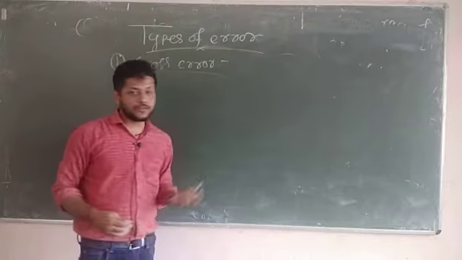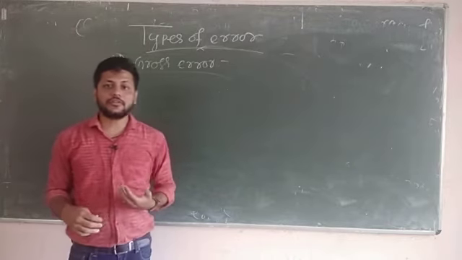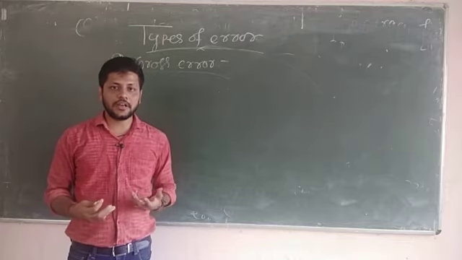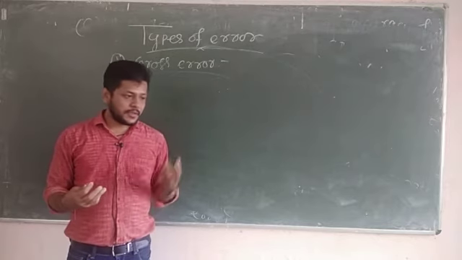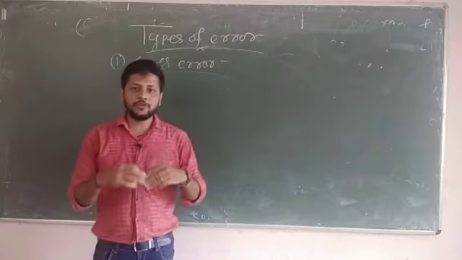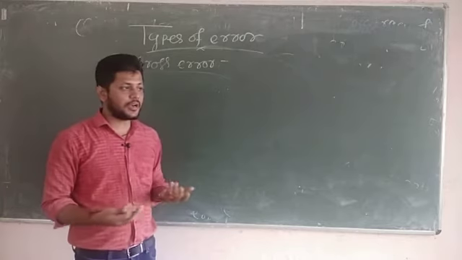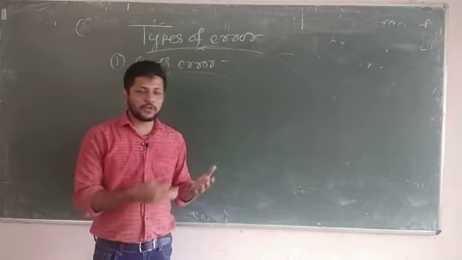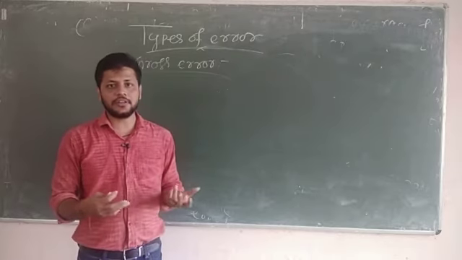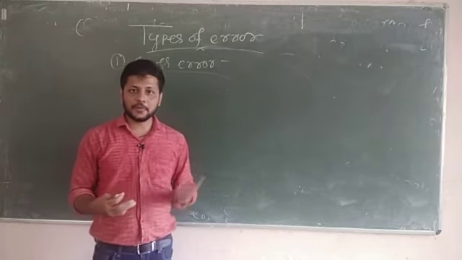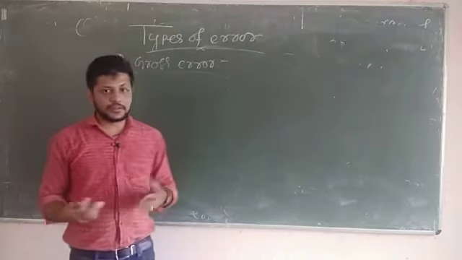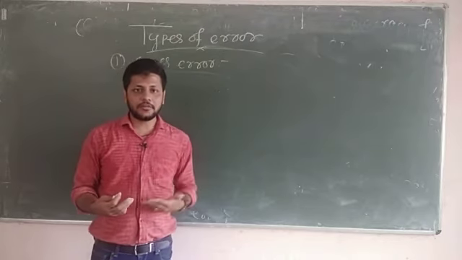This gross error actually occurs due to human factors involved in the measurement. That is, this is a human error. For example, you need to measure 100 ampere of current, but unfortunately you are using a 5 ampere ammeter to measure 100 ampere current. So obviously there will be burnout. A 5 ampere device, how could it measure 100 ampere of current? So these are like man-made errors.